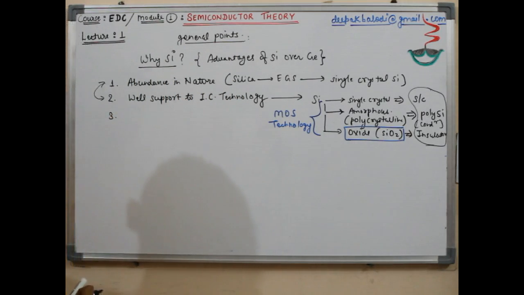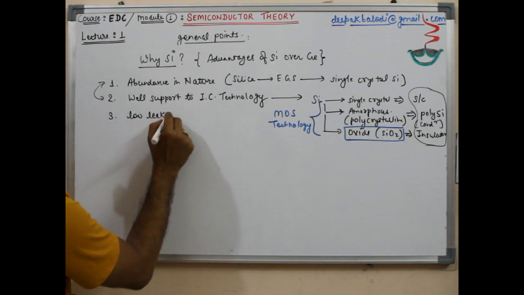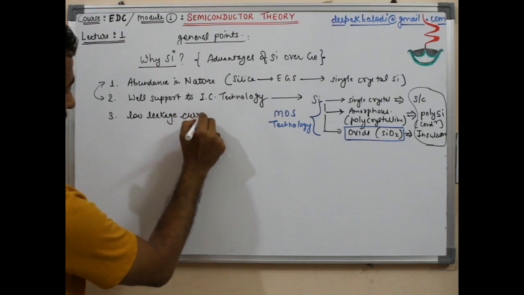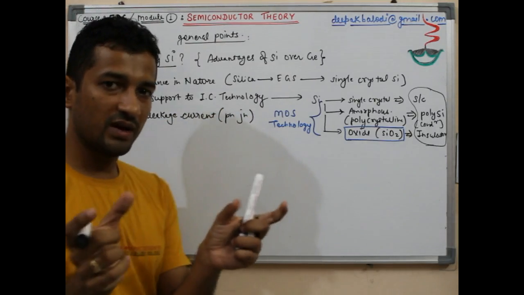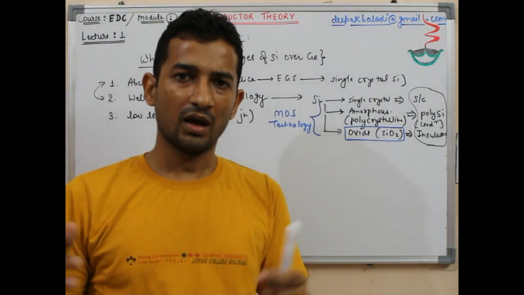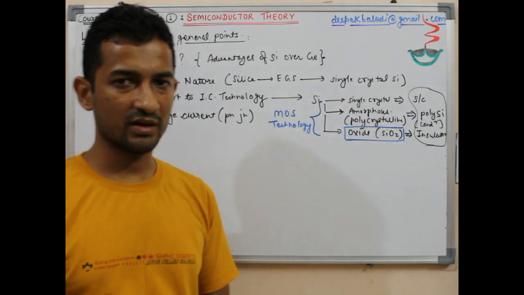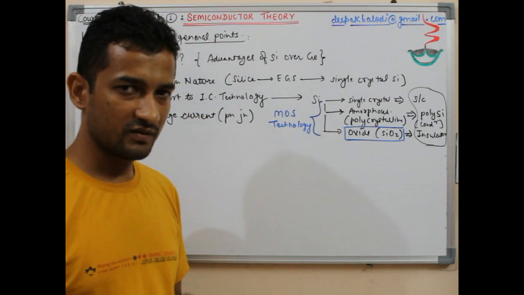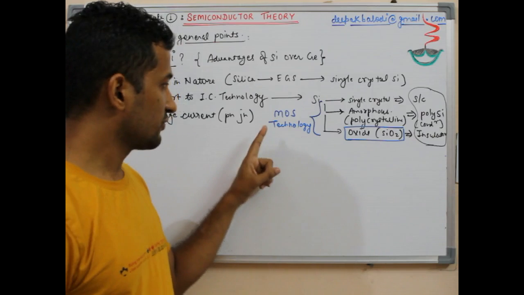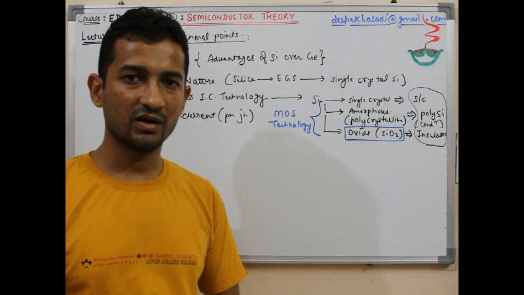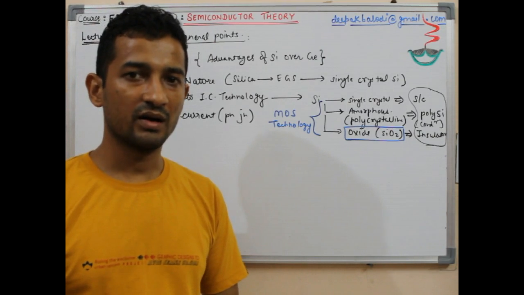Third is that there is low leakage current in a pn-junction diode. So whenever you make a pn-junction, not only a diode, in lots of other complicated devices like BJT or MOSFET or JFET, we most frequently encounter PN junctions, they are always there. So whenever we have a PN junction within the semiconductor, then that PN junction would relatively have a lesser leakage current,